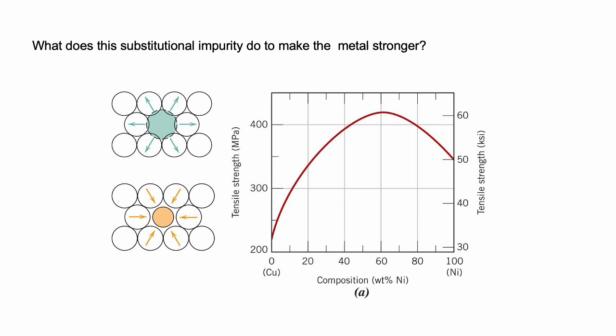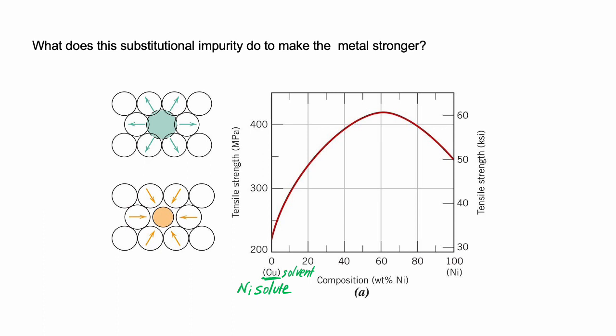So if I've got 100% copper, that's at this side of the graph, copper would be the solvent, and nickel is the solute. And as I add nickel to copper, we can see that the tensile strength increases. And it continues to increase all the way up till 40% copper and 60% nickel. And then it starts to drop again as we have less and less copper